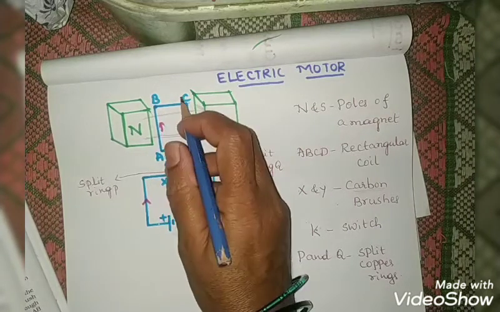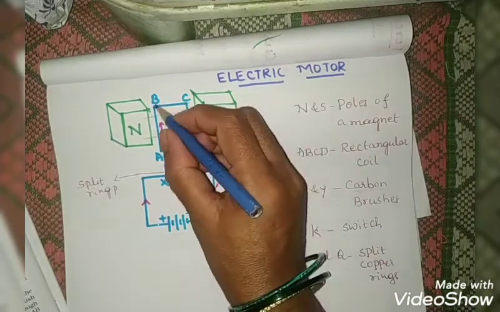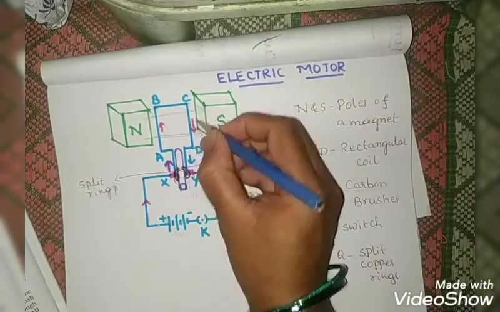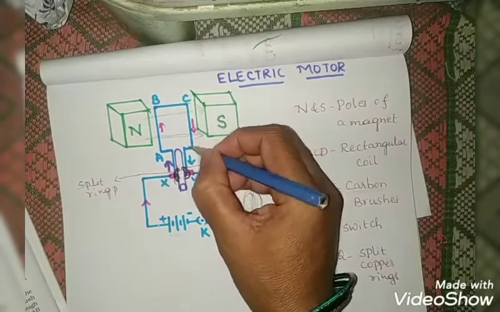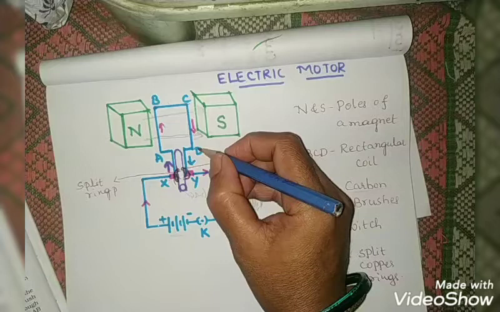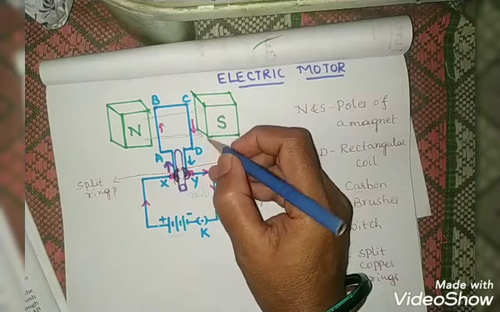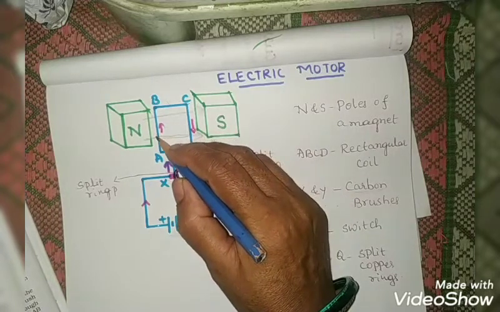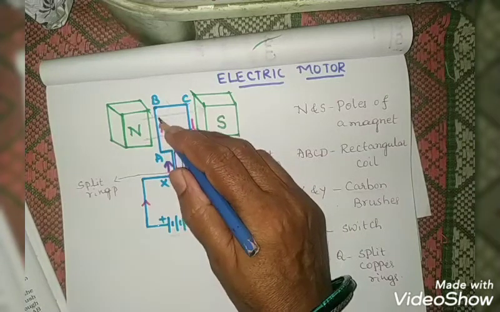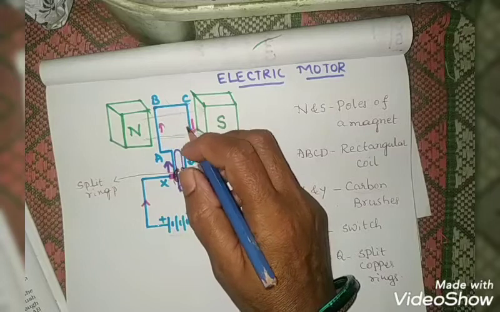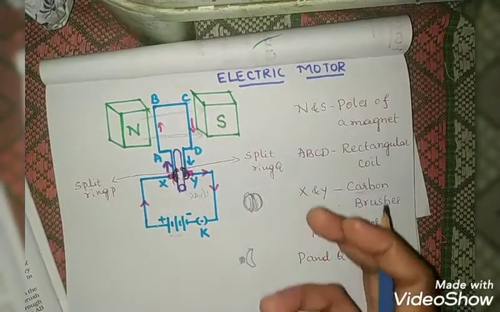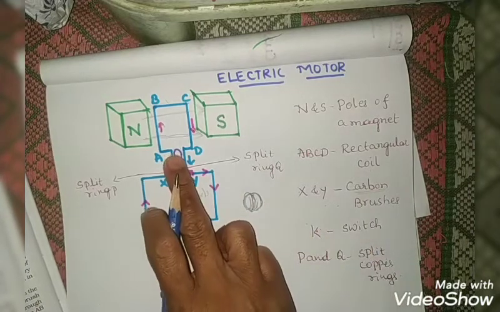That is AB direction. In the arm CD, it comes back like this, flows through in the opposite direction. CD direction. C to D. A to B. C to D. That is opposite to the direction of the current through arm AB. So, how can we now understand the direction of the mechanical force experienced by this